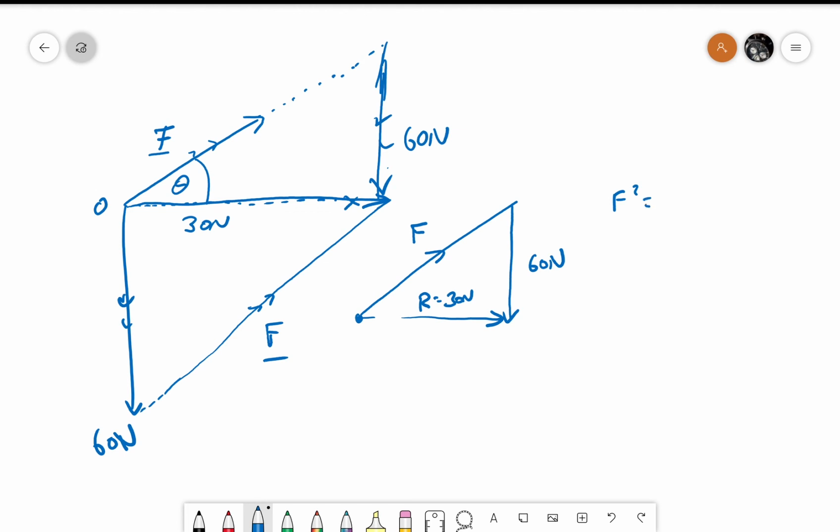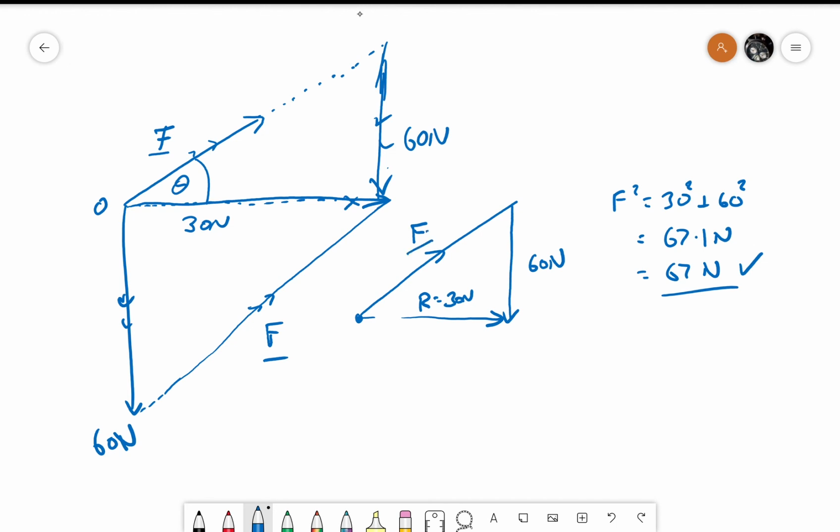So F squared is equal to 30 squared plus 60 squared, and you can do the math and you should get to 67.1 newtons. Notice this is to 3 sig figs, but all the numbers in the question are 2 sig figs, so we need to reduce that to 67 newtons to give us the correct answer. And a quick mental check, 67 is bigger than 60, and we would expect that to be the case. If it was less than 60, we'd know it was wrong, because this diagonal F must be longer than